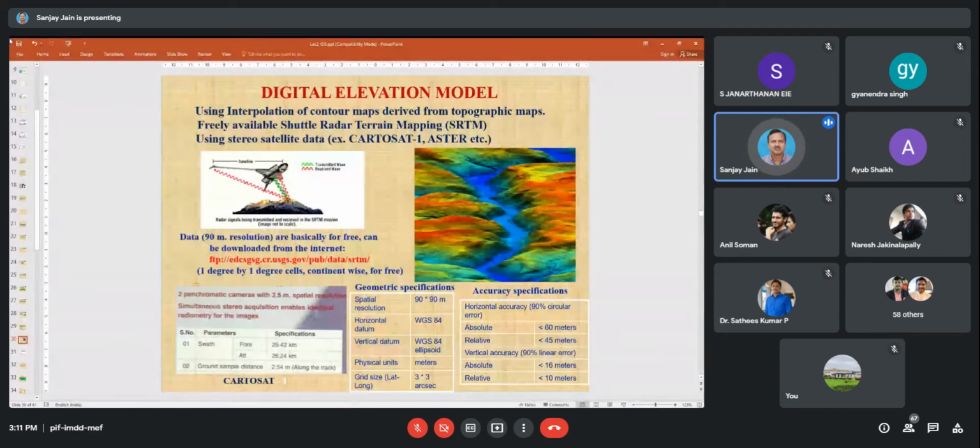Our own Indian satellite, Cartosat: earlier we were acquiring two different images and then using some specialized software to convert them into a DEM. But now NRSC, the National Remote Sensing Centre, in ISRO provides them. So if we are getting DEMs freely, then we need not worry about the procedure of converting our digital maps, like contour maps, into a DEM.